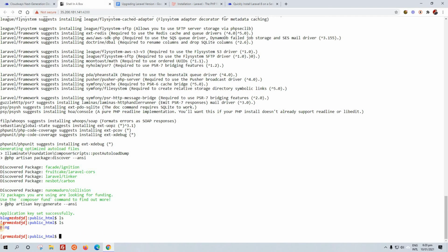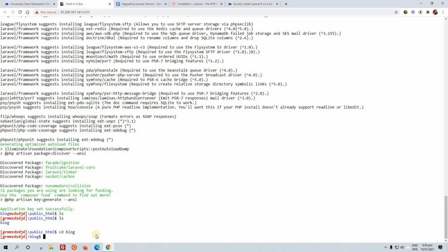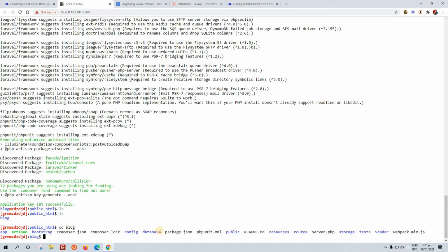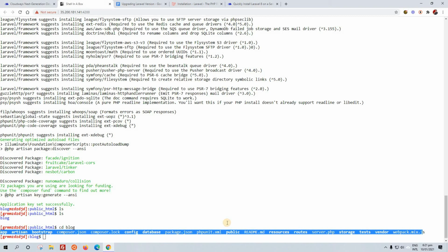Okay. That is the folder, the name of the blog. We have created a Laravel project by the name of blog. We are going to go into the blog folder with the cd command, that is short for change of directory. Cd blog. Okay, I'm going to type it out, and we are in the blog folder. Once we are in the blog folder, we are going to type ls, and all the newly created installation of Laravel files are here.